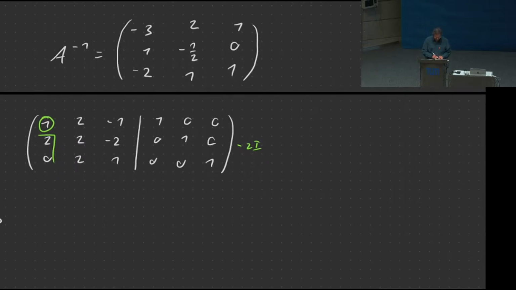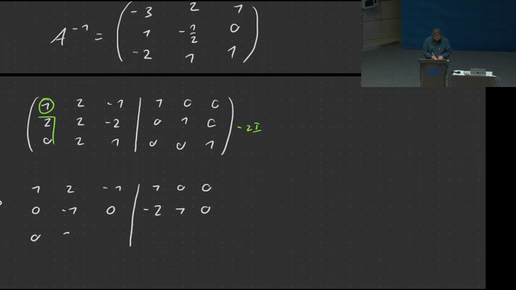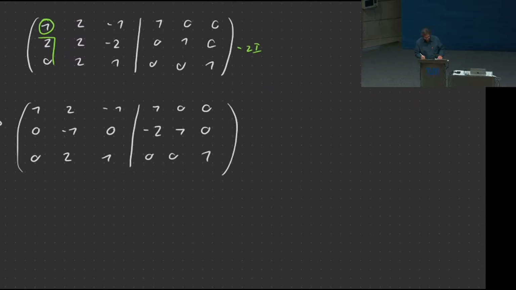Right, so this first step, I'll copy the first row. Don't forget the right-hand side. For the second row, I get 0. Then I get 2 minus 4, that's minus 2. And I have minus 2 plus 2, that is 0. And again, don't forget, same thing on the right-hand side. So here I have 0, 1, 0, minus 2 times this row here. So that will yield a minus 2, 1, 0. And I'll just copy the third row. All right.